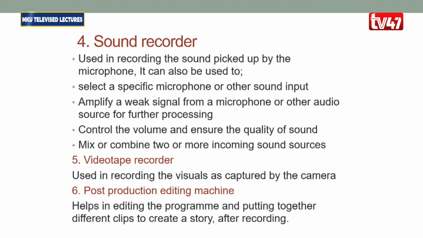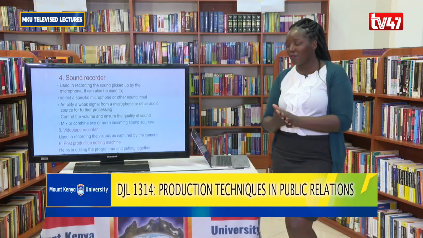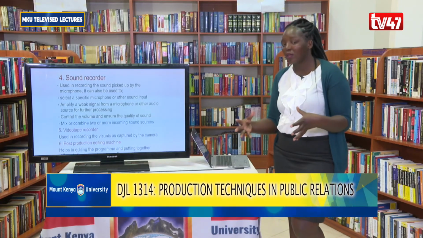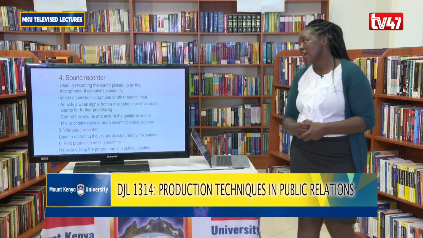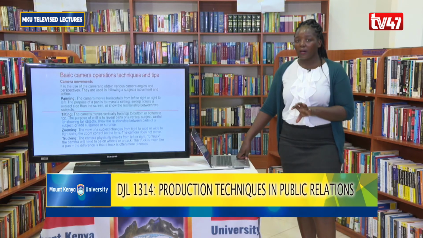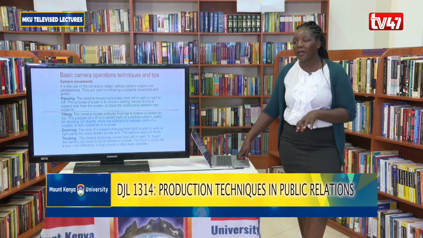If you're using a laptop or a computer, you'll need to install some specific software to help you in putting the audio clips or the video clips together to create a story. So those are the basic requirements or the basic equipment that you're going to need in a production,